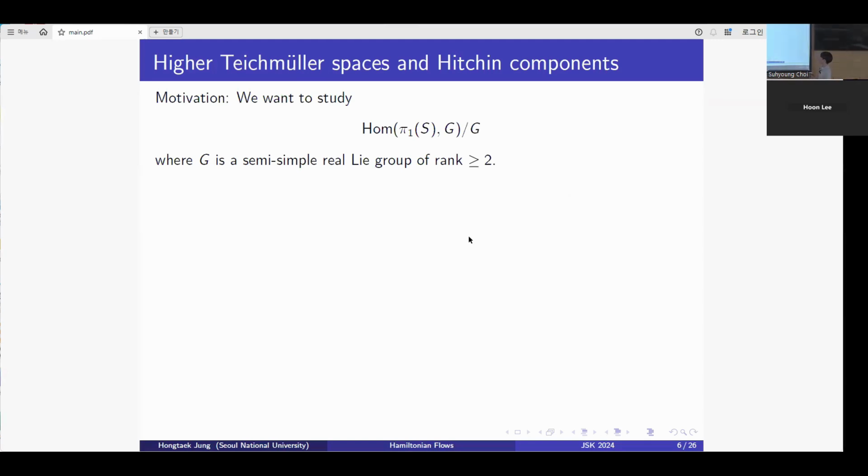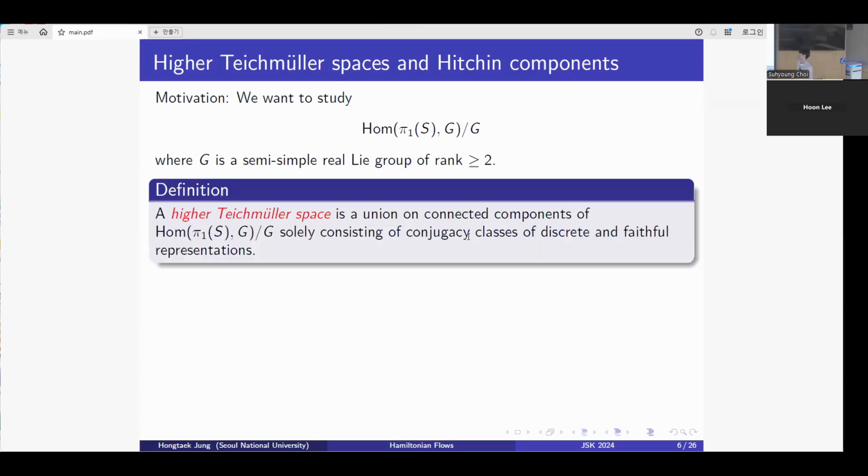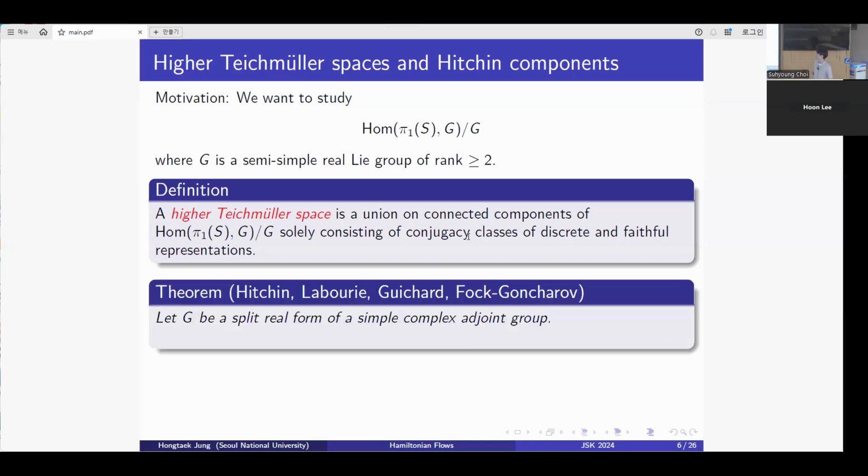What I mean by higher is that we have a higher rank Lie group here. Previously, we had a PSL2R Lie group, and it has rank 1. Now we consider a semisimple real Lie group of rank at least 2, then it becomes higher. So the higher Teichmuller space, if it exists, is a union of connected components of this character variety that solely consists of conjugacy classes of discrete and faithful representations. It may exist or may not exist, but the theorem by Hitchin, Labourie and Guichard, and